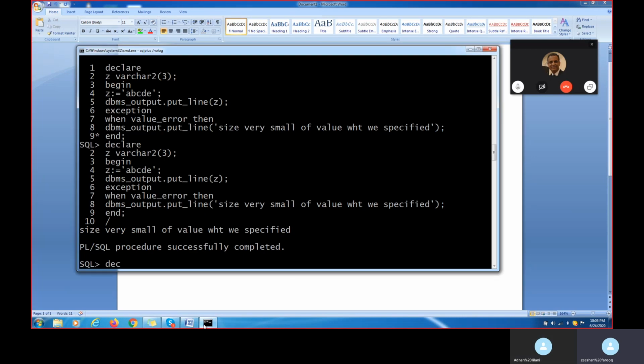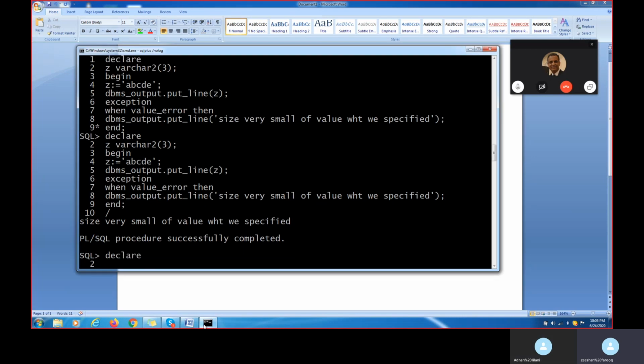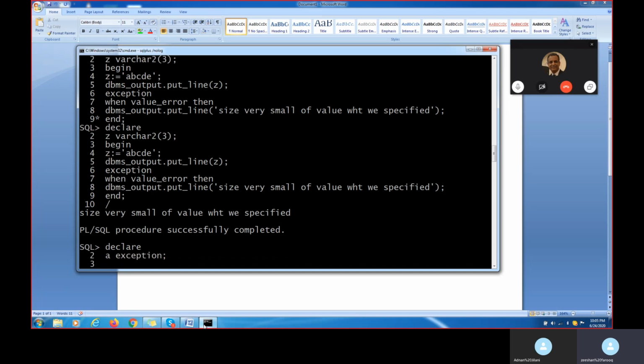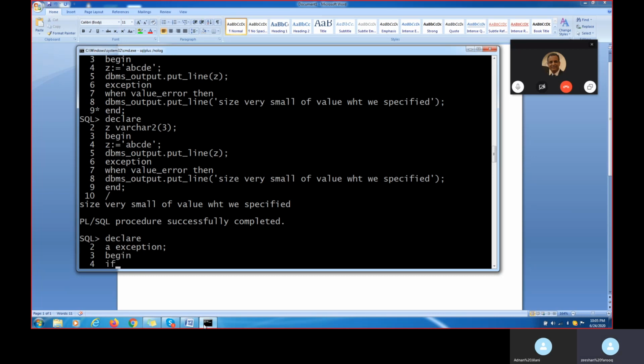Okay, while doing this, we are taking a user defined exception. Now, for example, I am putting here declare, A as the value, which I am putting as exception. Now after this, I'm putting a begin. Okay, for example, see, sysdate is nothing but a date function in SQL. Select sysdate.